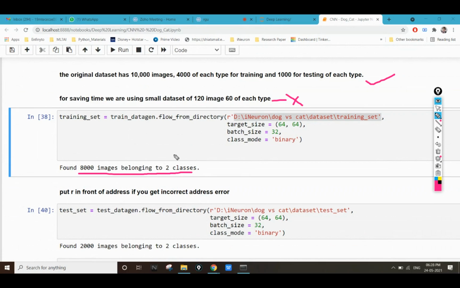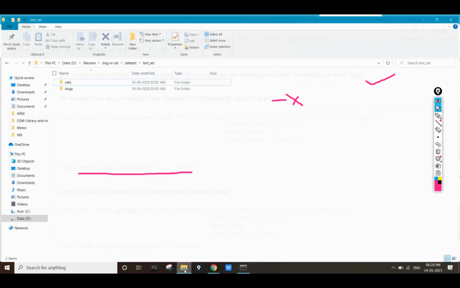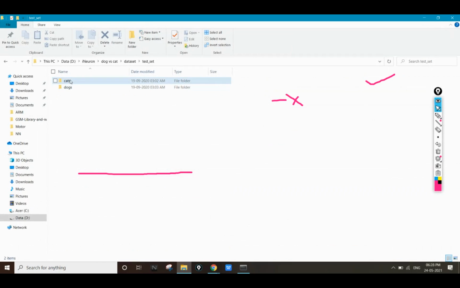Just keep in mind one thing when you are doing your assignment, where most students make a mistake: if you are writing the names of the folders, like cat and dog in the test set, write all the names in lowercase or all in uppercase.